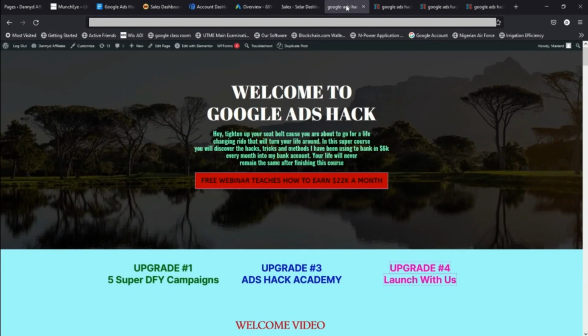So in summary, what exactly is Google Ads Hack? It's more like an info product that shows you step by step how you can optimize your ads campaign to over 99% every single time you run an ad. Each time you run an ad, these ads are going to skyrocket and get as many clicks as they ought to, with many impressions and high conversion rates. That is exactly what Google Ads Hack is all about.